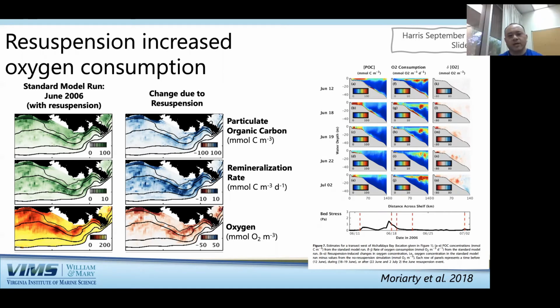Based on what I saw, if there was hypoxia at the bottom and a strong wind event occurred, we can see the whole water column get oxygenated, and then the hypoxia is gone. But once the stratification is rebuilt, the hypoxia comes back very quickly, in a couple of days. So it gives me a sense that water mixing can oxygenate the water column very quickly. This is the first point.